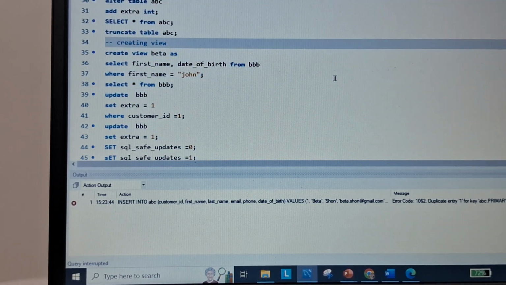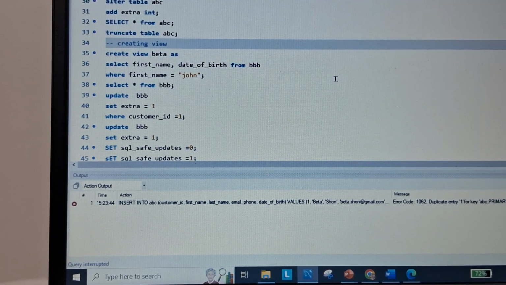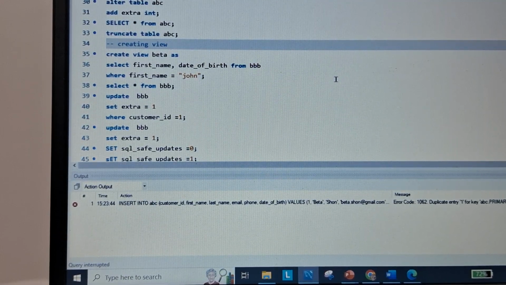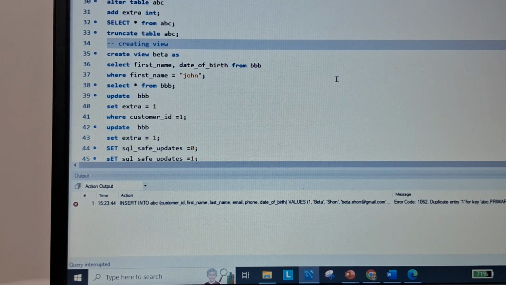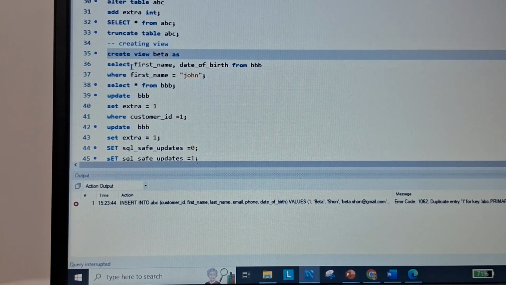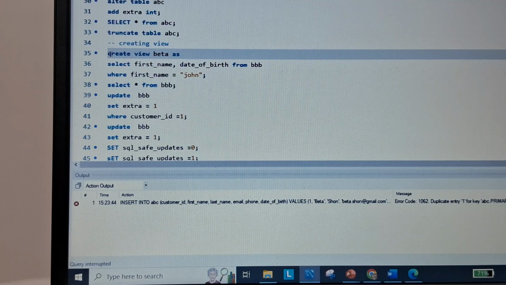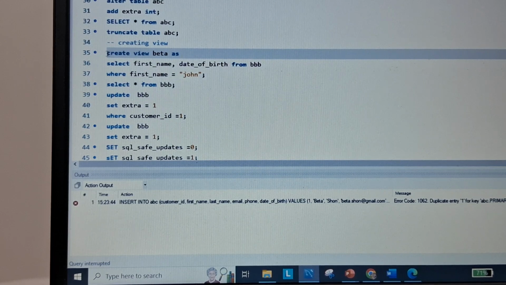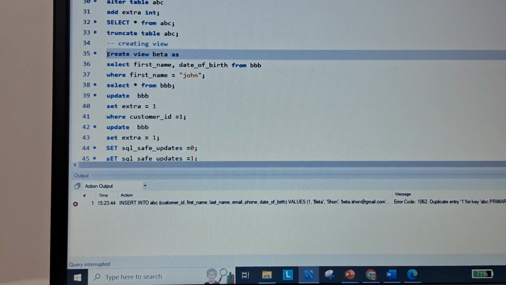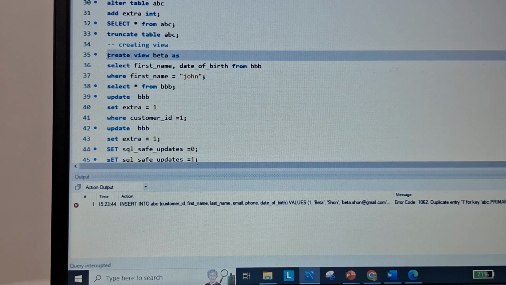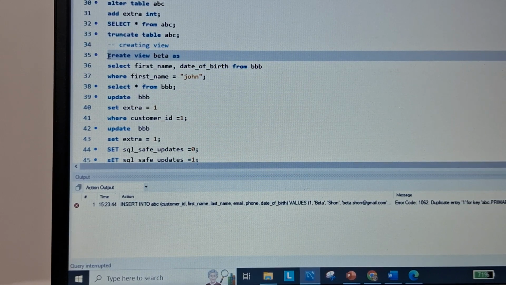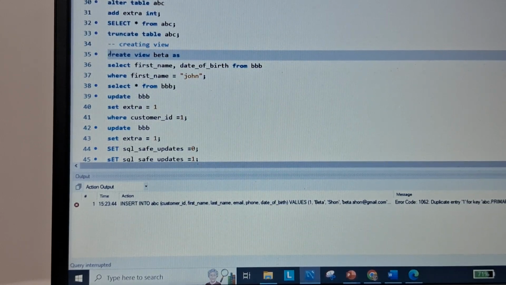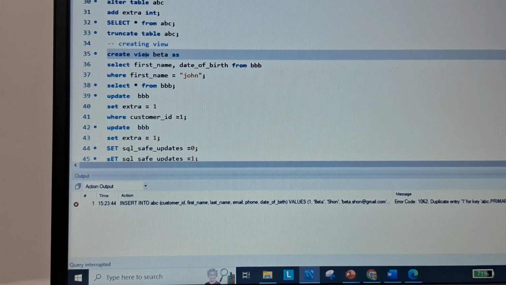With the help of create, we can create views, triggers, functions, tables, database. So I'm just creating a sample view. A view is a virtual table which also acts as a table, but it includes the data from our original table. For creating a view, just type create view.